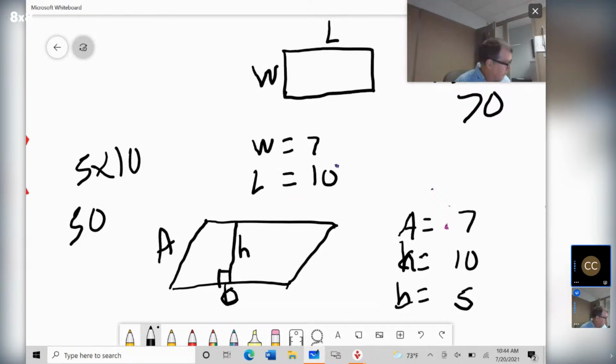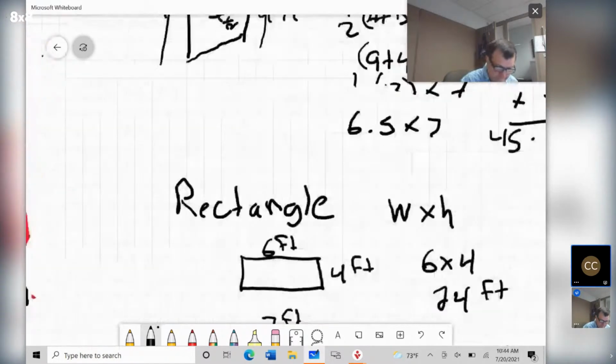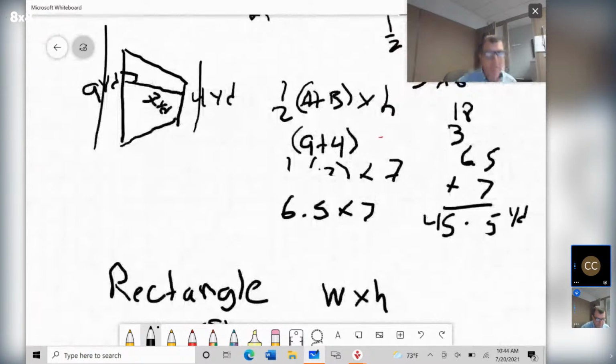Okay. So what I'm going to do, I'm going to post some different shapes, but I do want to go back over these formulas again. So remember the trapezoid, the first one we did, it's 1/2 A plus B times height. And the trapezoid is going to be kind of the weirdest figure you're going to see. It'll definitely stand out. And it's usually going to have the height in there. So you're going to see this little square and a line showing what the height of the figure is. That's one giveaway that's going to be a